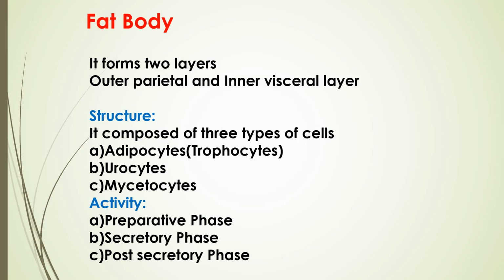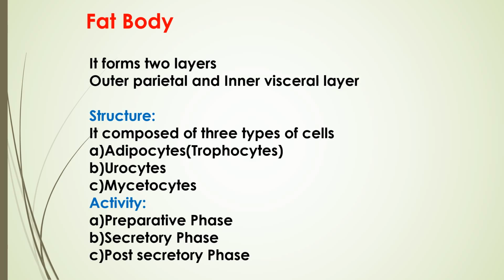The fat body forms two layers, the outer parietal layer and the inner visceral layer. It occurs throughout the hemocoel and is usually concentrated around the various internal organs. These internal organs are the alimentary canal, nervous system, and gonads. In a large number of insects, it roughly forms these two layers: the outer parietal layer, which lies below the integument, and the inner visceral layer, which encircles the gut